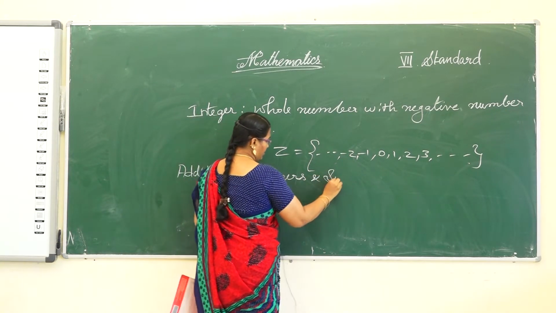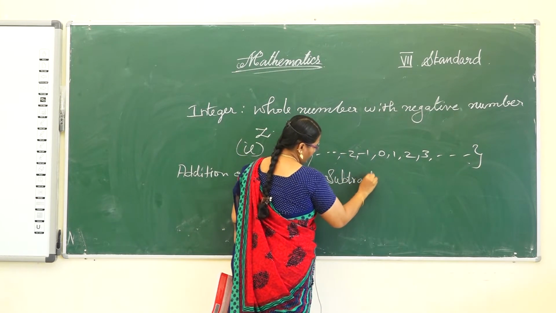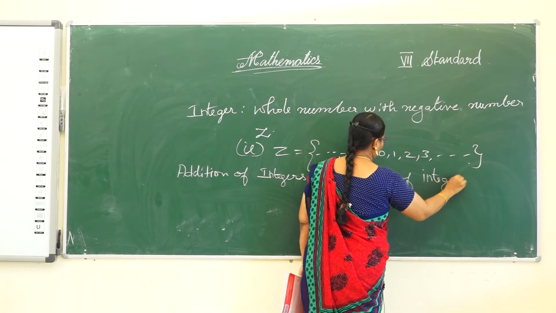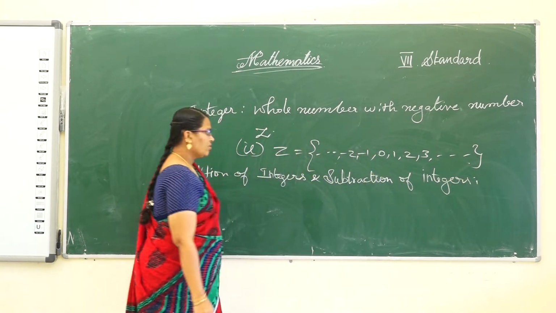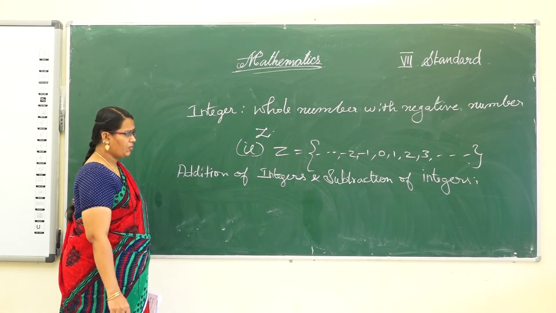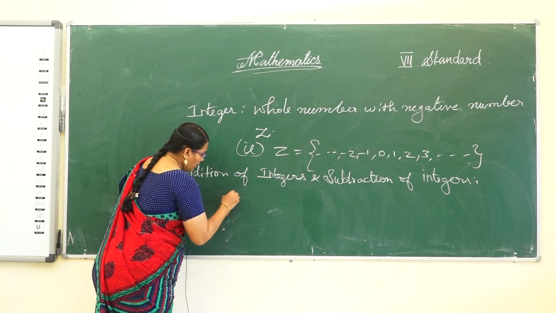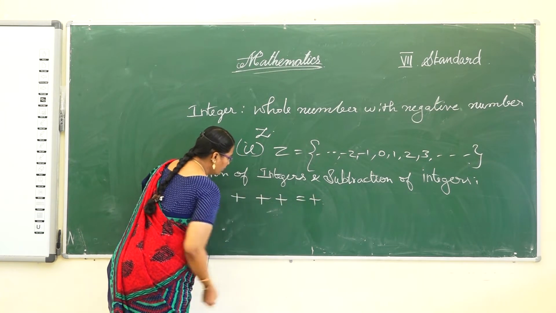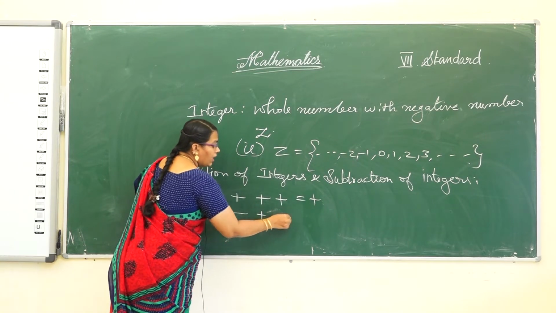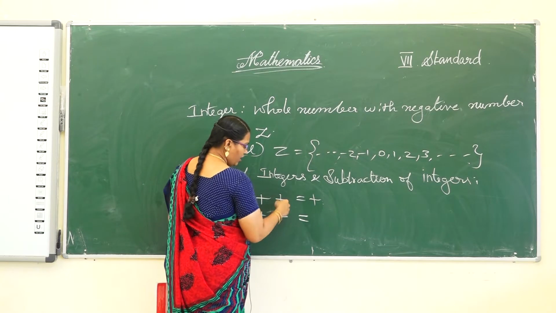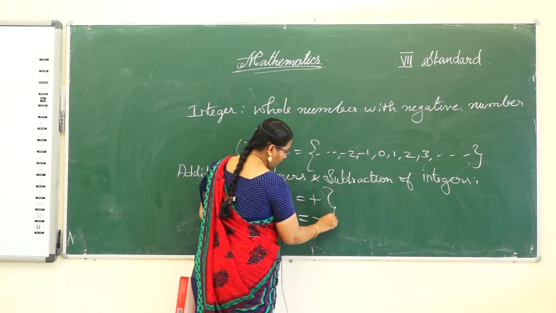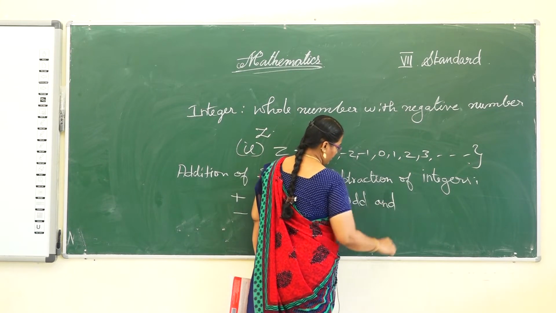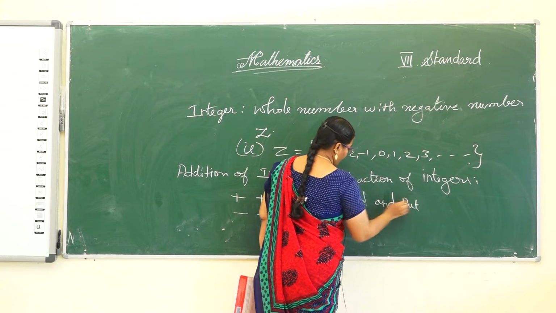And subtraction of integers. Some rules are followed in addition and subtraction, both having the same procedure. Two positive numbers added, we get the positive value. Two negative signs are added and we put the same sign. Here both having the add and put the same